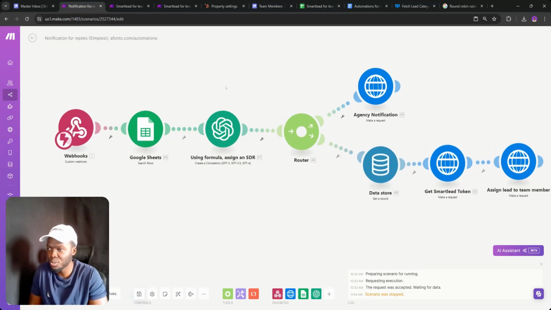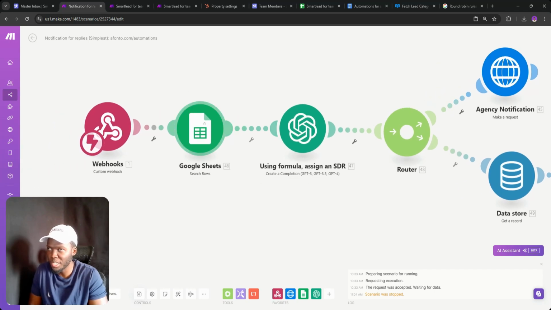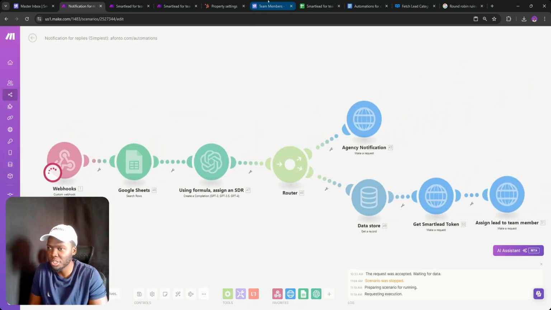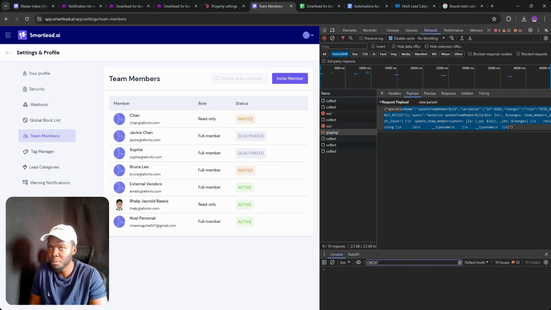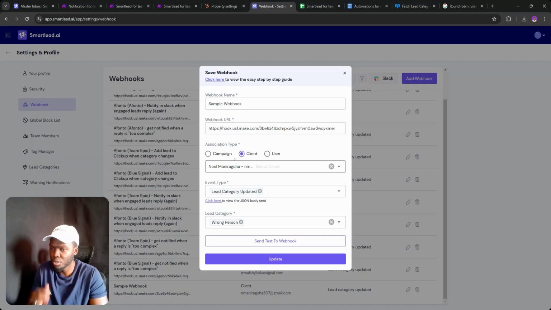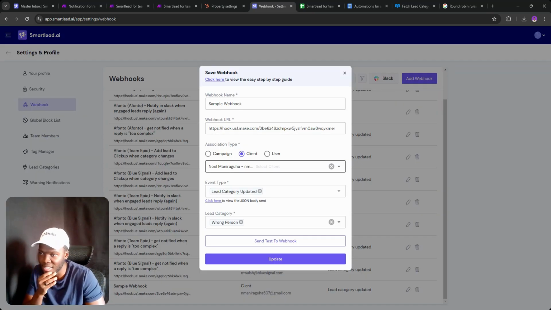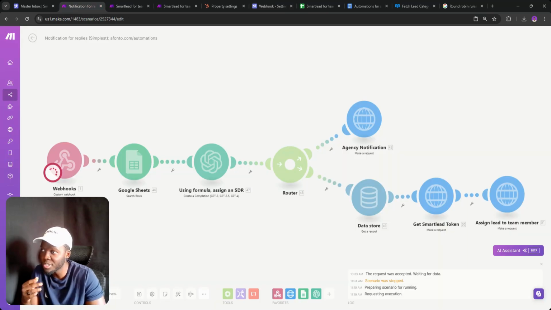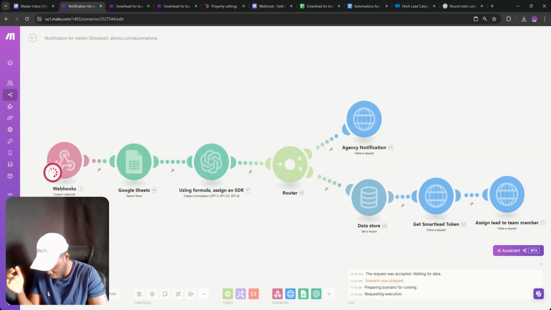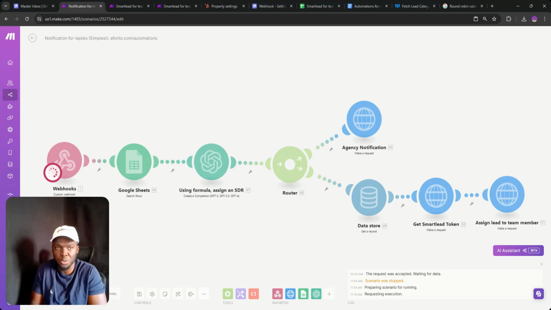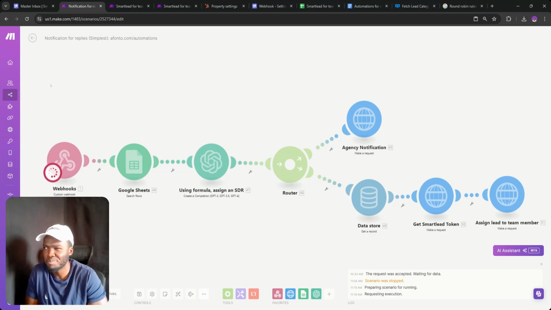The next thing is to look at this automation over here. And so this automation is basically triggered by a webhook, right? So this is the one that we've got. It's assigned to a specific client. And the event type is lead category updated to the wrong person, right? And so whenever this triggers, it's going to start this webhook. In your case, you want to make it